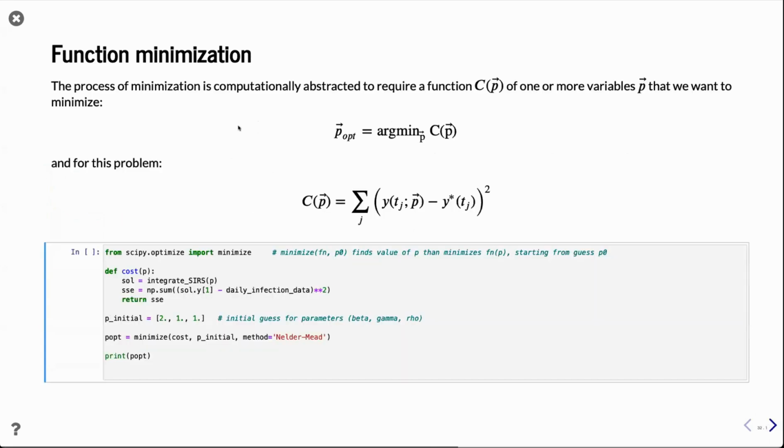And essentially what I want to do is minimize this least squares error by finding an optimal set of parameters. Just the same way that the process of integrating a differential equation involves encoding the right-hand side of that equation, the process of root finding involves encoding a function that we want to find roots of. In this case, we need to specify what this cost function is, and we use this minimize function from the SciPy.optimize package. So for any set of parameter values P, I can integrate my differential equation forward in time,